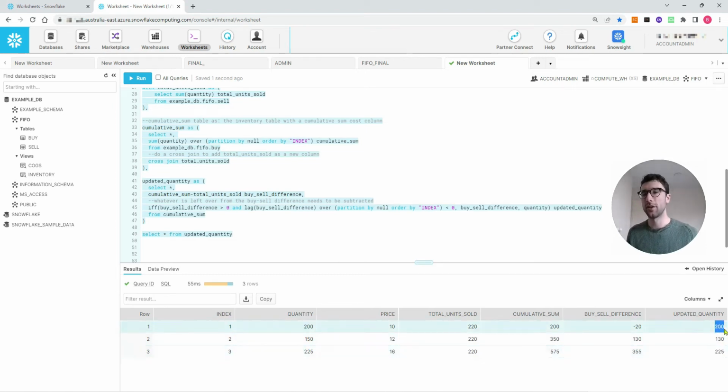This first row doesn't actually reflect how much is still left. It's saying we've got 200 left in the first buy, even though we know that it's been completely depleted. But we'll take care of that in the next step, because we have this column here that tells us where there's a negative number in the buy-sell difference, that whole row is going to disappear. So I'll bring through the next step now,